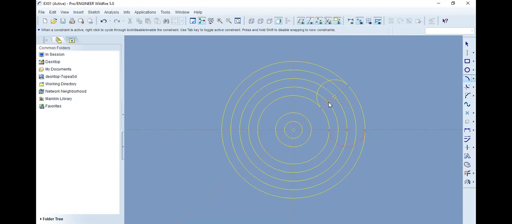Now again, we need to create one more arc. The first end point, the second end point of the arc, and the third point will be when you move the mouse, so that the center of this arc is coincident with the center line.